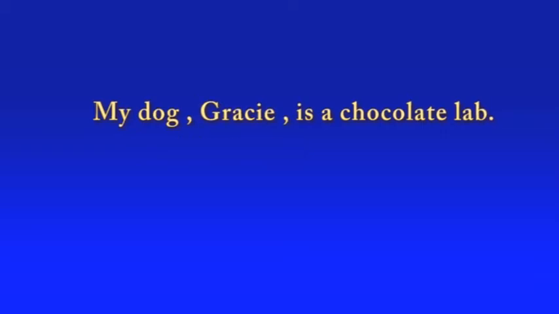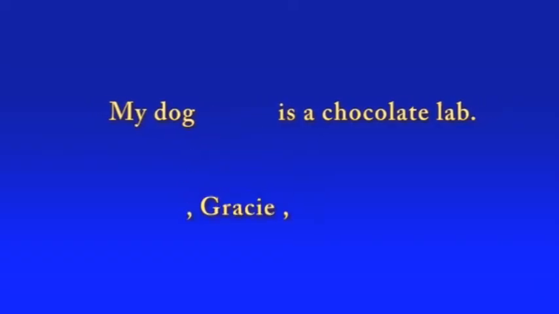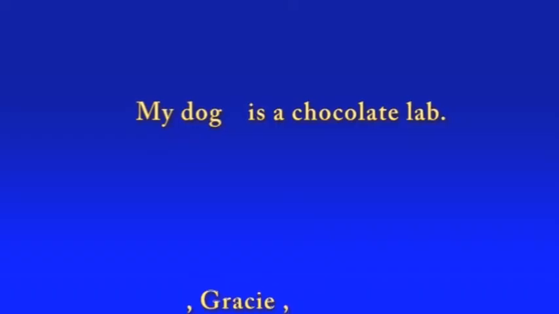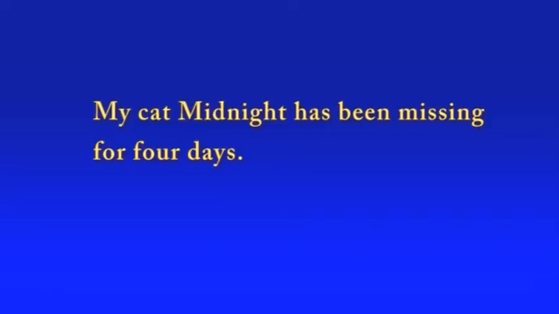If you think an element is non-essential, you can figuratively grab the two commas like handles and pull the element out of the sentence, and it wouldn't change the meaning. Here's a sentence with an essential element. My cat Midnight has been missing for 4 days. Since I did not surround the cat's name with commas, I'm indicating that it is essential in the sentence. In reality, I have more than one cat, so I need to distinguish Midnight from my other cats. Midnight is the appositive in this sentence, and it's necessary for clear meaning.